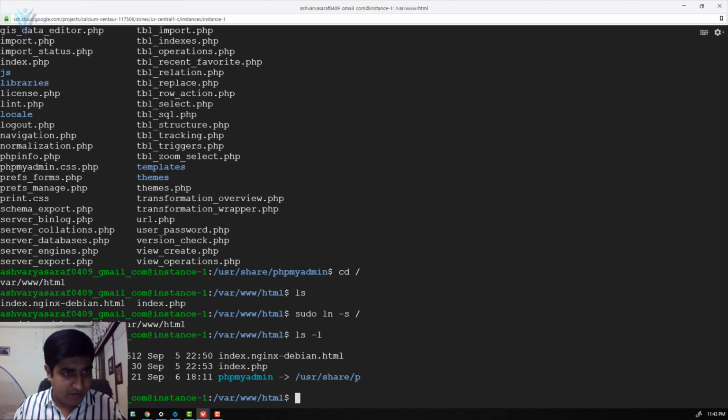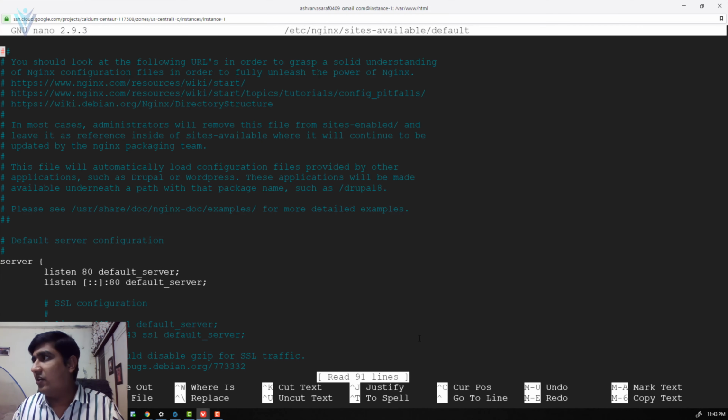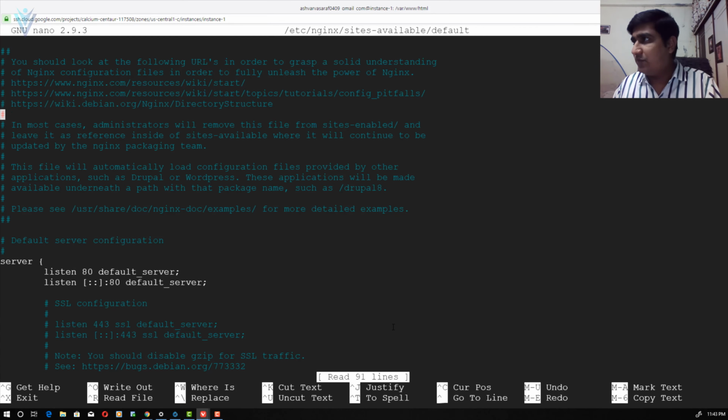It is available just here. I'm going to copy this entire command. This command is going to open our default configuration inside the nano editor. Okay, in this I'm going to